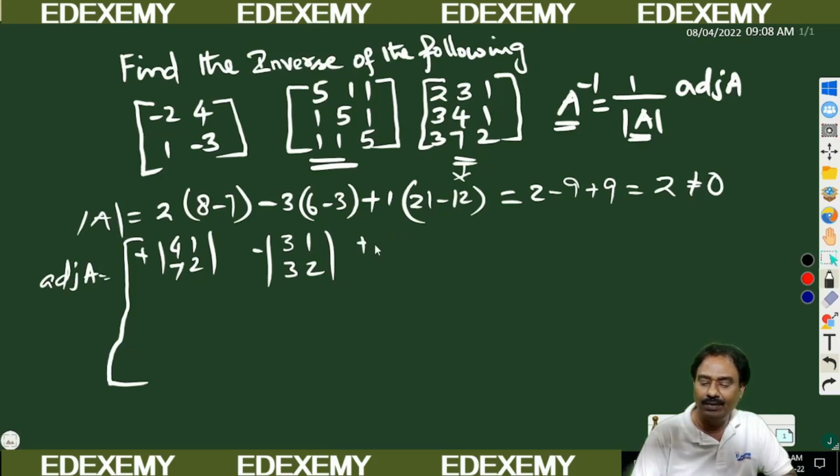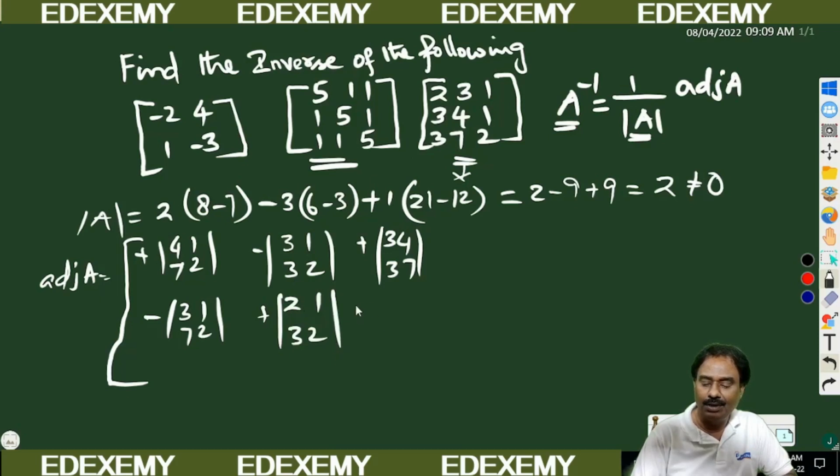you find the cofactor of 1. 3 4, 3 7. Now cofactor of 3, you find, plus will become minus here. 3 1, 7 2, minus here. Okay, plus minus plus minus. Then this value is plus. Plus second 4. Leave that row and column. You will get 2 1, 3 2. Okay, next minus determinant of